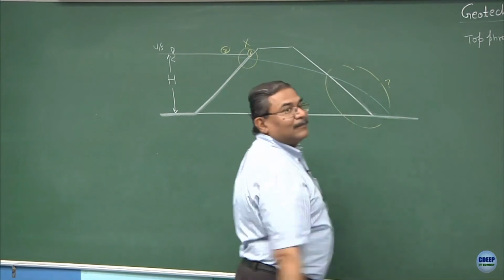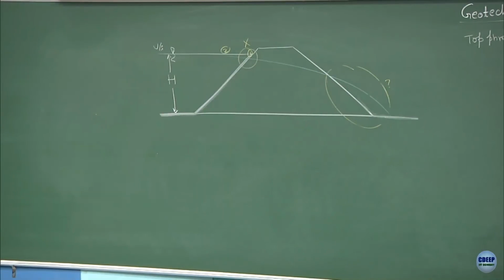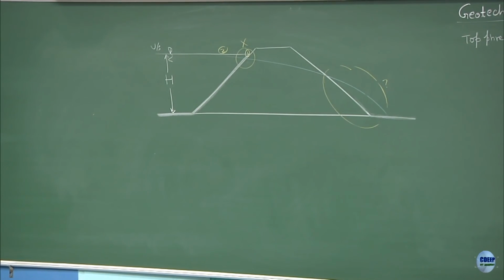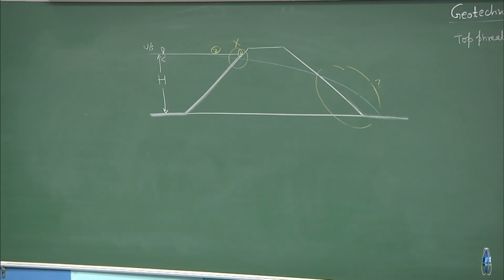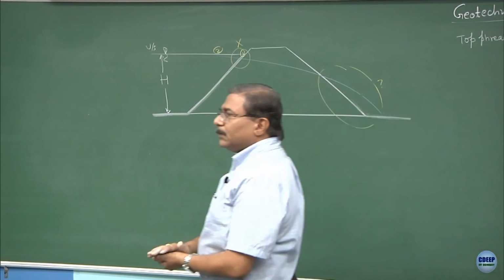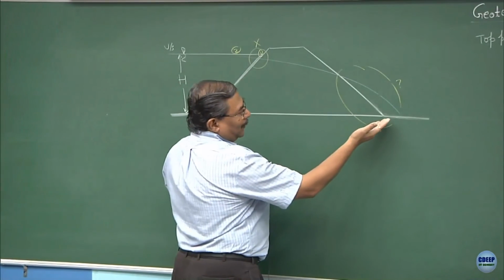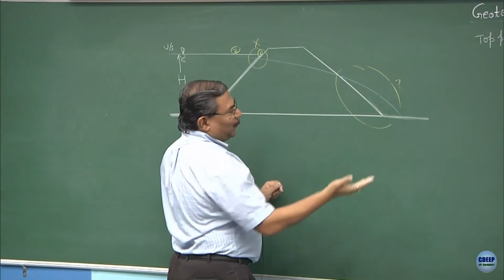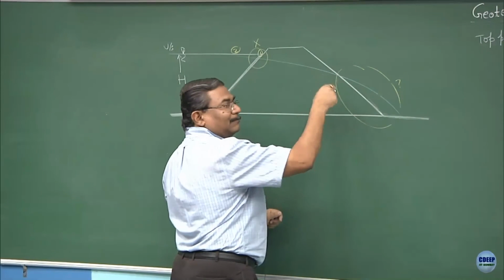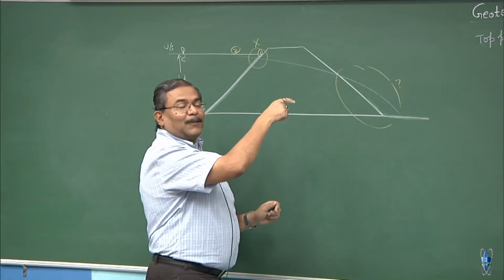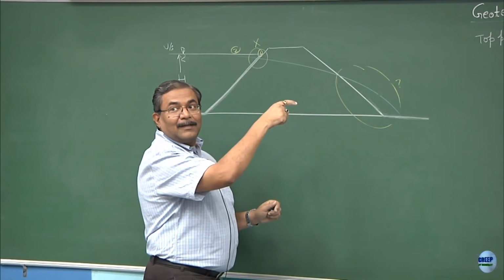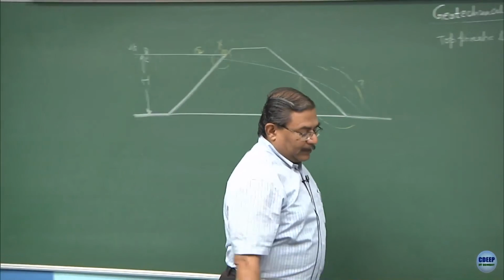Agreed? So, what should be done? Create the correct phreatic line in the dam body, and that answers your question. Is this part okay? See, even then what is going to happen? I am sure even if you shift it, whatever you do, there is going to be a discrepancy like this. Try this now. Clear? And there is an answer for that.